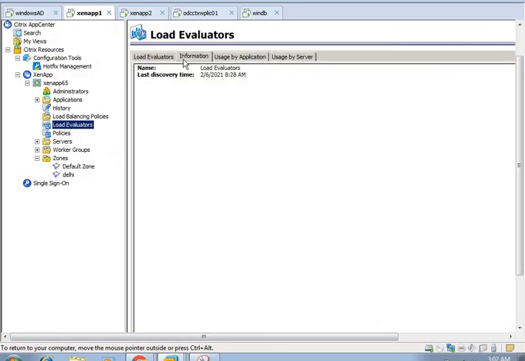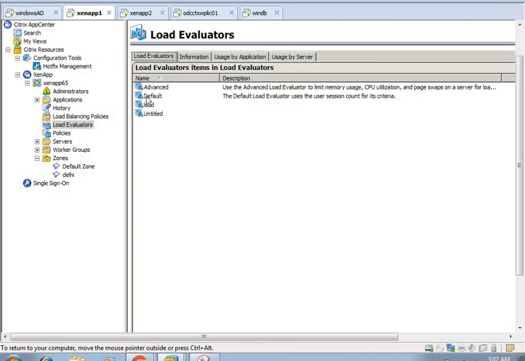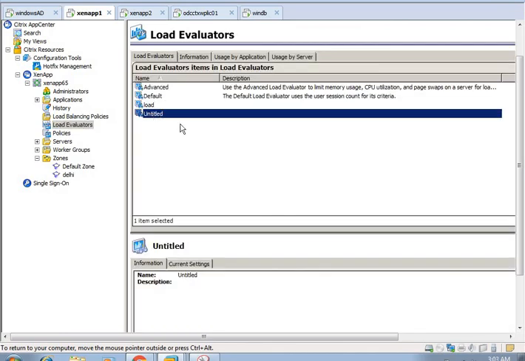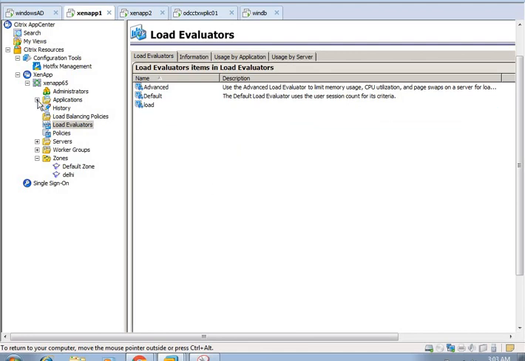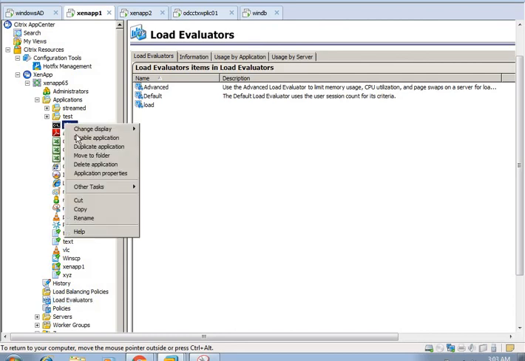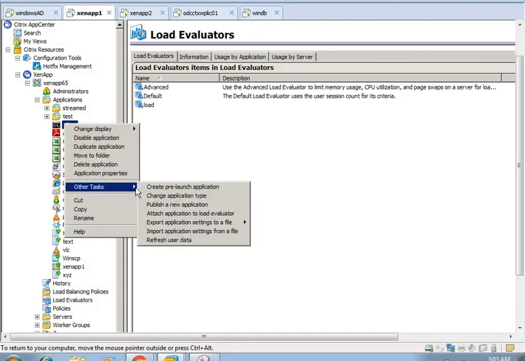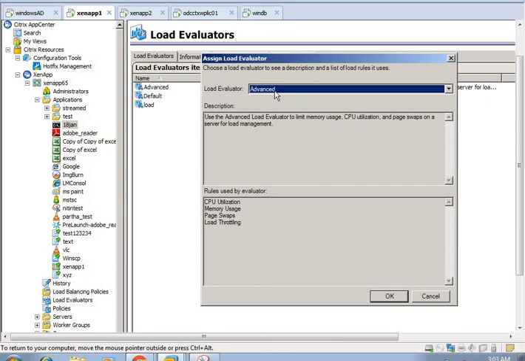Okay, so here I have created a new rule, the untitled one. Just right click and you can delete the load evaluator. For an application, we just right click on the application, go to other tasks, and here I can see the option to attach the application to a load evaluator.